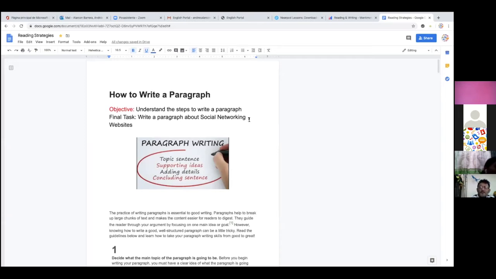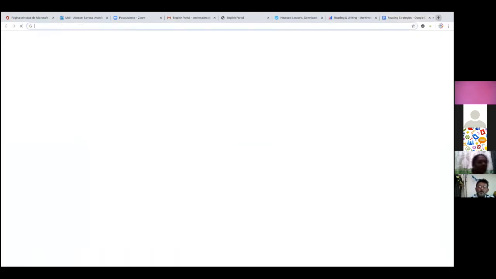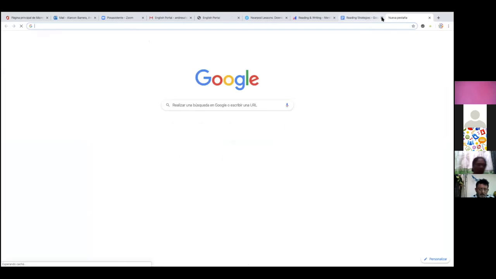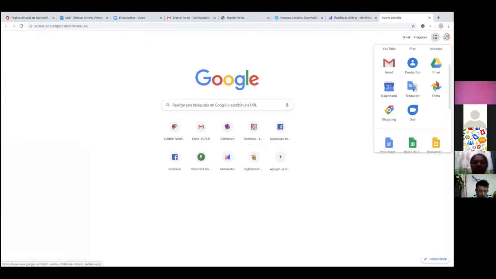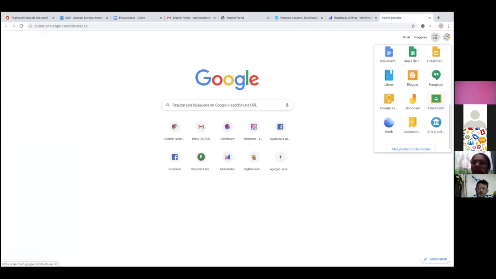Now, if you want to take Docs to the next level, you can create a class by using Google Classroom. What you have to do, once again in your Gmail account, is go to the right upper corner, in the same button where you found Google Docs, where it says Google Apps. You scroll all the way down, and you're going to have Classroom. When you click on Classroom,